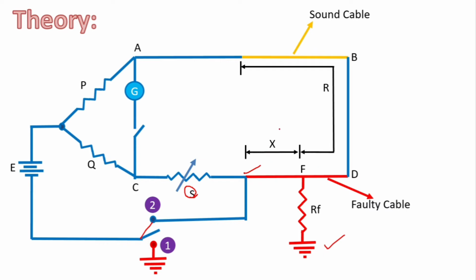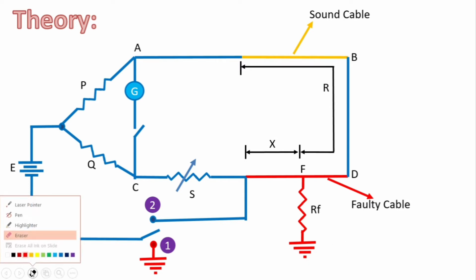Only S will be there, and the remaining will go after the division of the circuit. That means here, what will come together? X and R will come together. So in switch number 1, S and X are coming together, and in switch number 2, X and R are coming together. Let us just demonstrate this. So this is what we get. To understand this further, let us see the Wheatstone bridge.